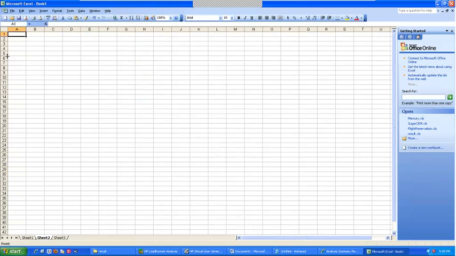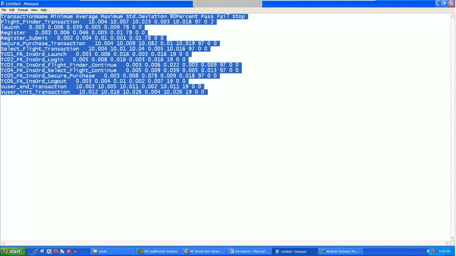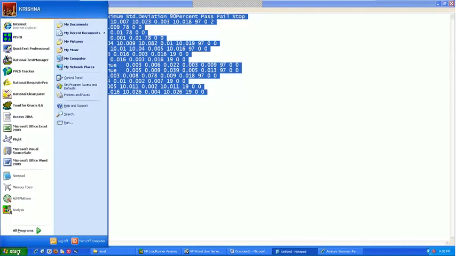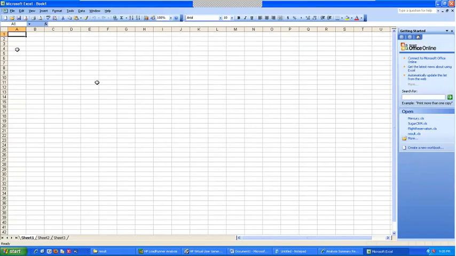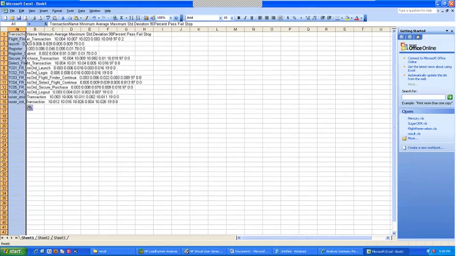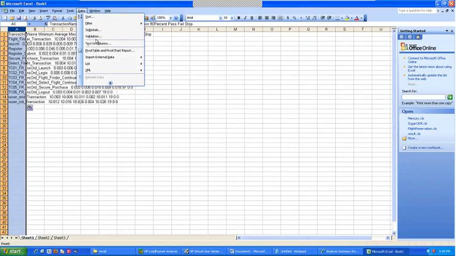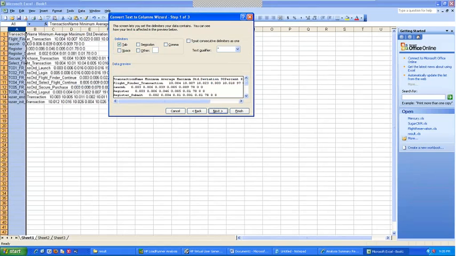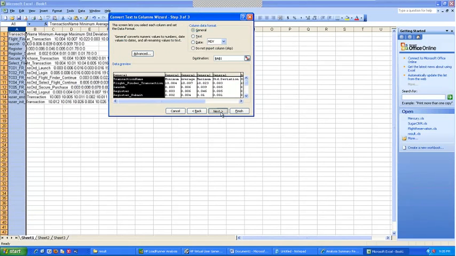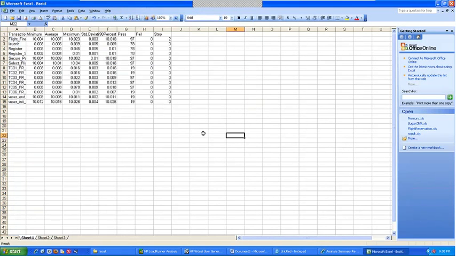Put it in the Excel. Close this. No. Open a new Excel. Now I'll select this column. Data, Text to Columns, Delimited, not tab, it's the space. Next, Finish. You see, I got it how I want it.